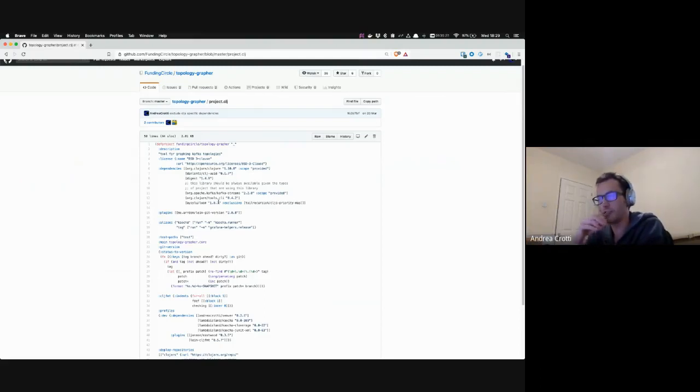So if you include it in your dev profile, you can just generate these graphs locally in your REPL and see how your topologies look. But the bigger idea, the long-term aim of this project, is to be able to have the whole representation of all the topologies in a company. And to do that, one way, which is what we do, is to have every project generate these zip files with all these EDN files containing the graphs